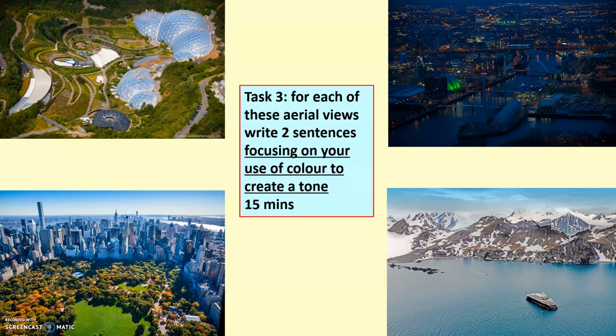What I want you to do, everybody, is write me now two sentences, but you're really focusing on your use of colour to create a tone in those images. For example, top right, I think you've got some very dark blues, but you're not going to describe it in a very positive way. To me, I'd almost think about how the city is cluttered and lonely and isolated in the night time,